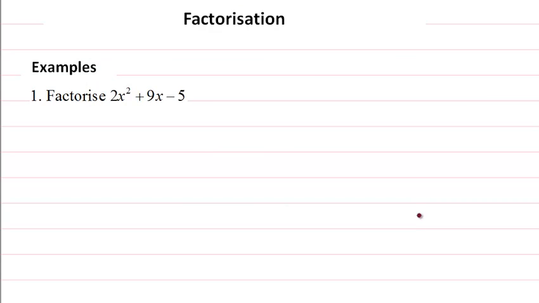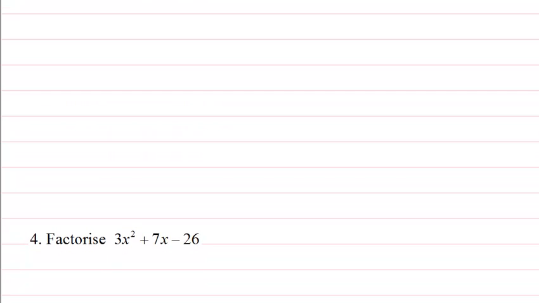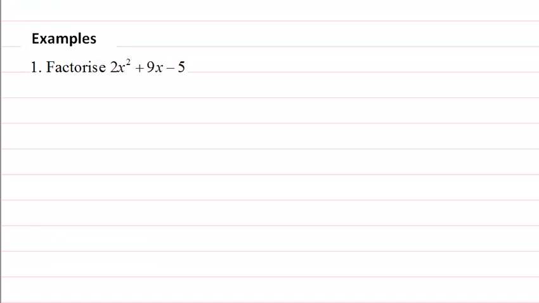Factorization. Now we're going to do 4 examples. This is example 1, 2, 3 and 4. Now these questions are more complicated, so we're going to use this method. First we write the standard quadratic equation, which is ax squared plus bx plus c. So the coefficient of x squared is a, the coefficient of x is b, and the constant